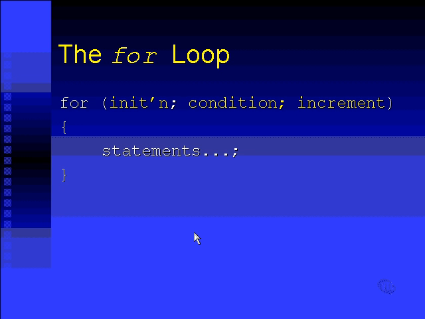So, what does it do? How does it work? What are all these bits? What are they for? Okay, let's have a look at them. The very first thing that happens when you start a for loop is the initialization happens. That's the init at the beginning there. The initialization happens first, and it happens once only. It does not happen every time through the loop. It's a one-off affair. Next, the condition is checked in the same way that the condition is checked in the